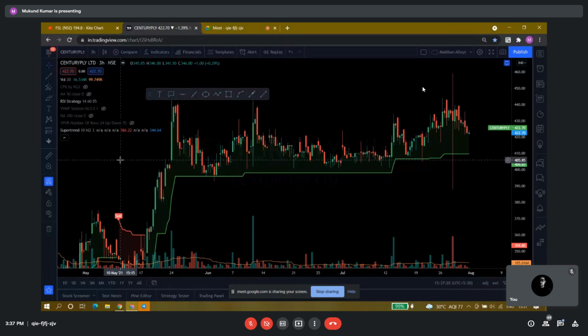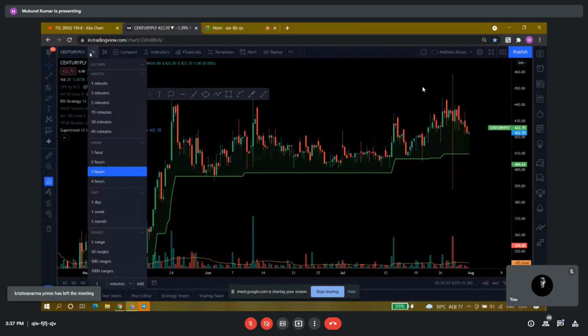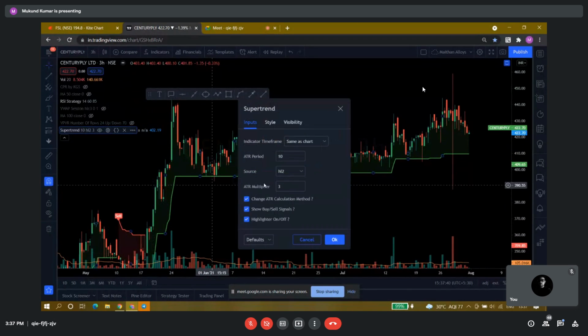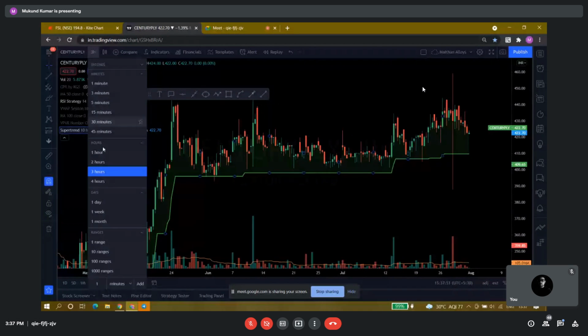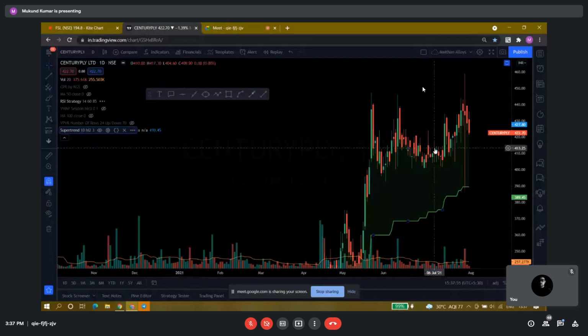See, obviously the risk will change if you change this. That is what I wanted to explain to you. If you change this chart, the risk will change. If you change this multiplier, your risk will change accordingly. Again, it depends on the investor, how much risk they can take. For example, if we move this chart to a daily basis and then follow this SuperTrend trailing stop loss,